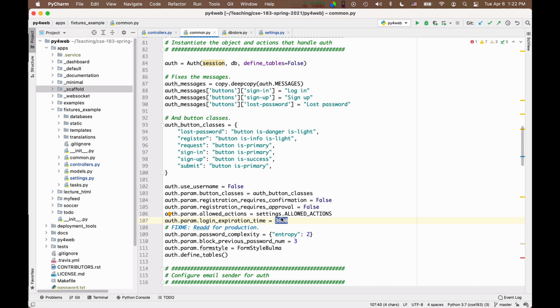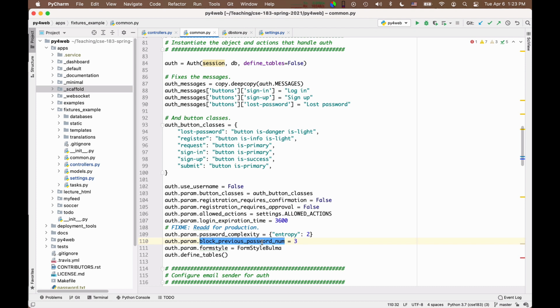I don't quite know why we want that to be so short. I think I may increase it. Then there is this, which is important: a password complexity parameter. I put it equal to 2 because I want it low for development purposes. You know, my development passwords are incredibly simple, both to avoid any similarity with my real passwords and because they're easier to type. So I moved this down to 2, but you want a better number, like 50, for production, so that you essentially force people to choose a complex password when they create their own account.